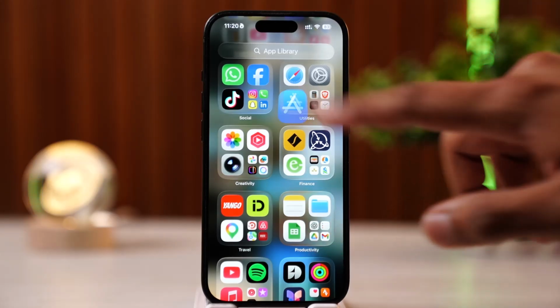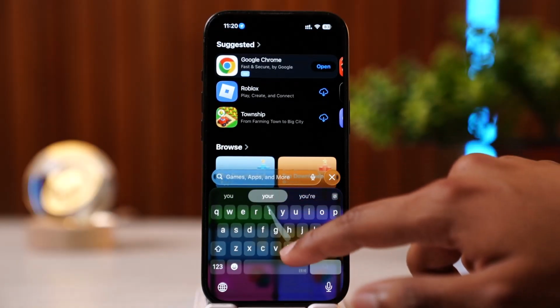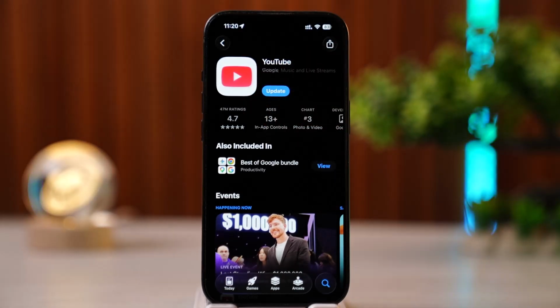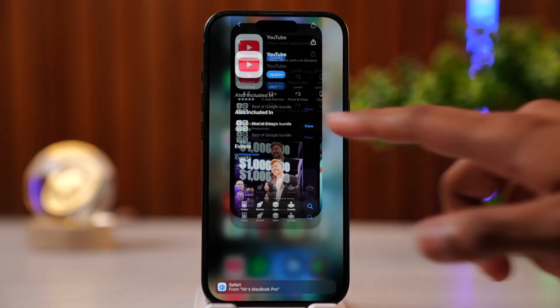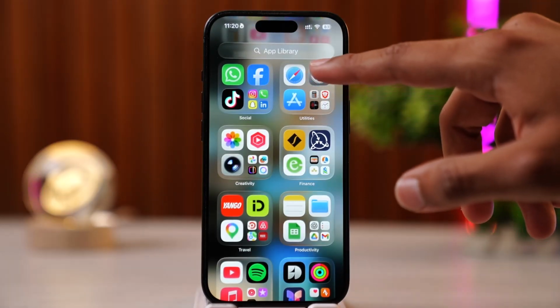In order to do that, simply go ahead and open your App Store or Play Store and search for YouTube just like that. And finally, tap on YouTube and tap on the update button as you can see on the screen right over here. So once it is updated, the other thing you might want to do is simply go ahead and reset